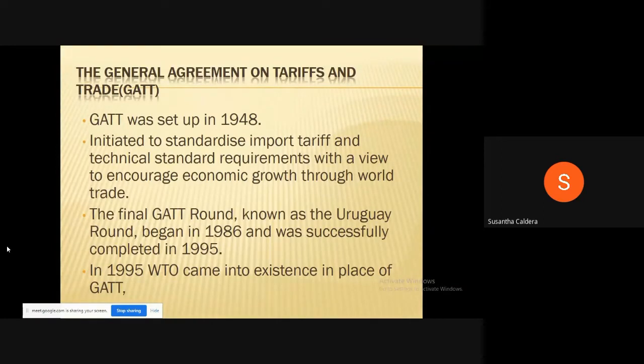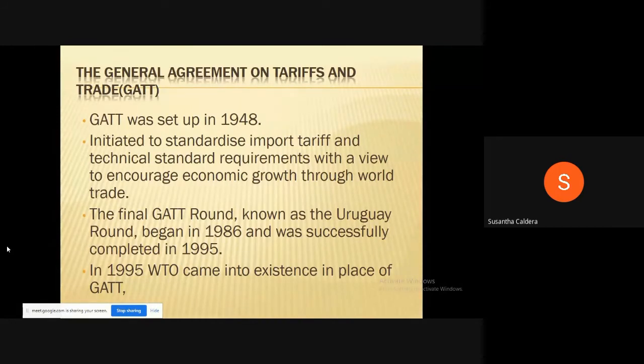the GATT decided there's no point of having the GATT anymore. Now the world or even the countries doesn't have any common this thing, and we have to allow countries to perform their own. We should not control, right? So then everybody agreed, and in 1995, GATT was abolished. 1995, GATT was abolished. General Agreement on Tariff and Trade, GATT was abolished.